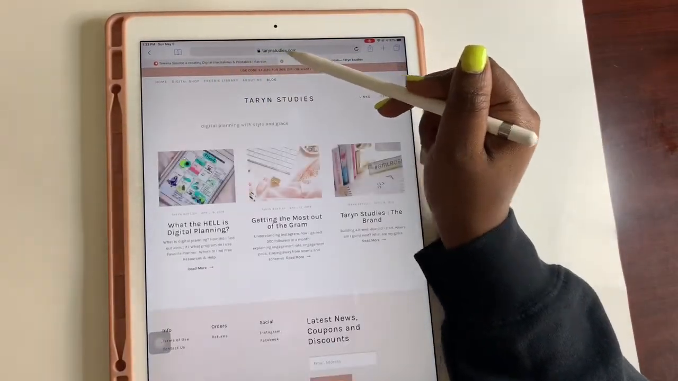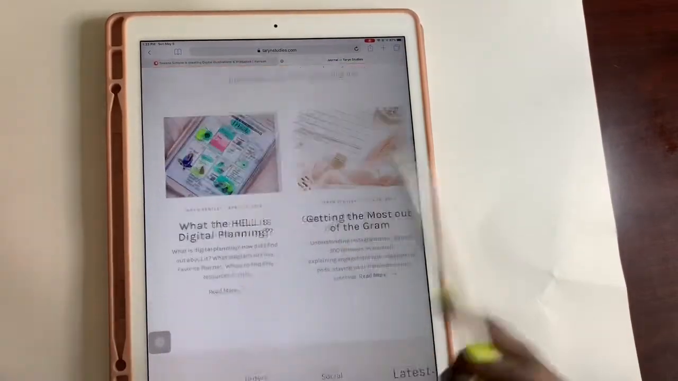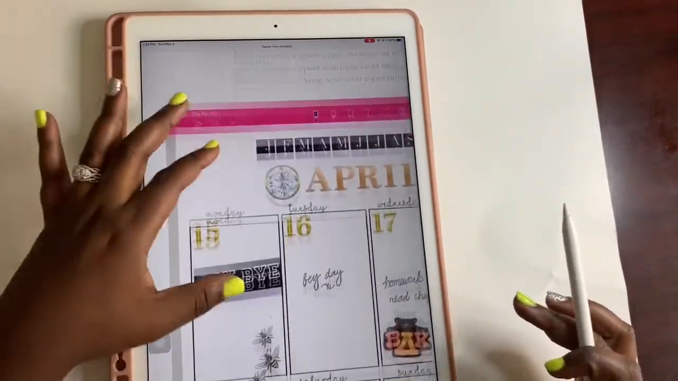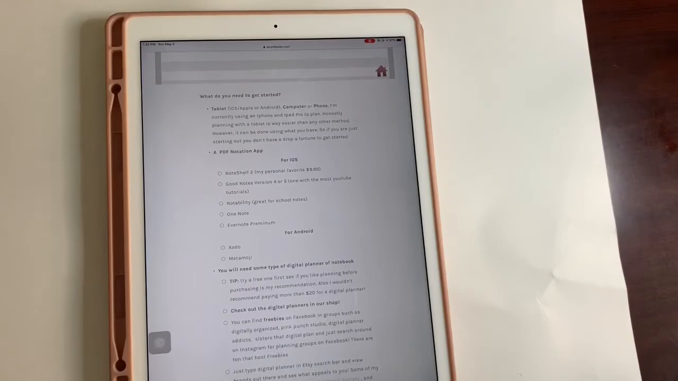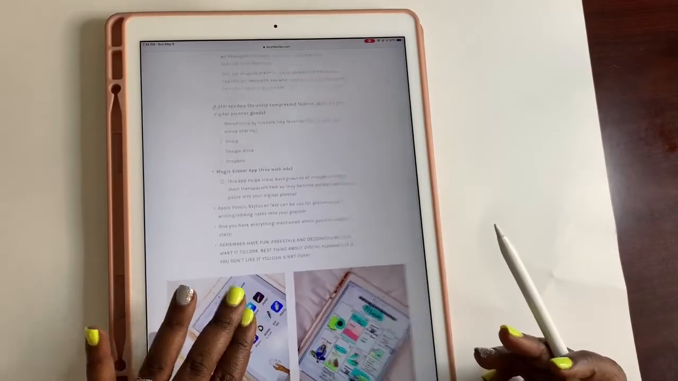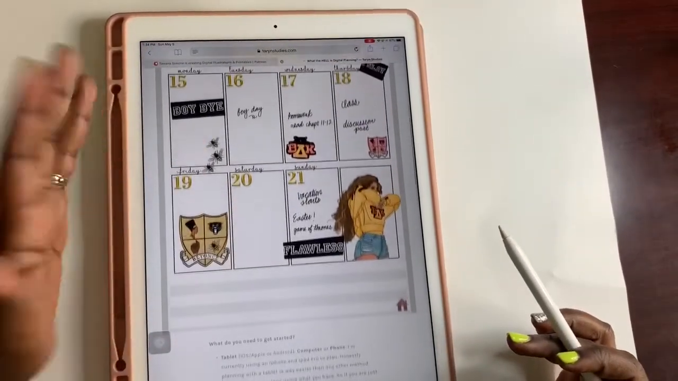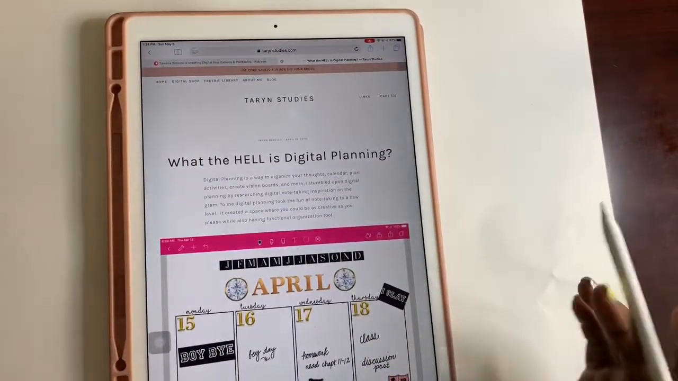And my blog here has "What the Hell Is Digital Planning." So if you would like to go and see everything that I said in text form and learn that way, go ahead. I think that you guys would enjoy this. So some people are visual learners, some people are auditory learners. So I also have this way to where you can go on here and just read about digital planning, how